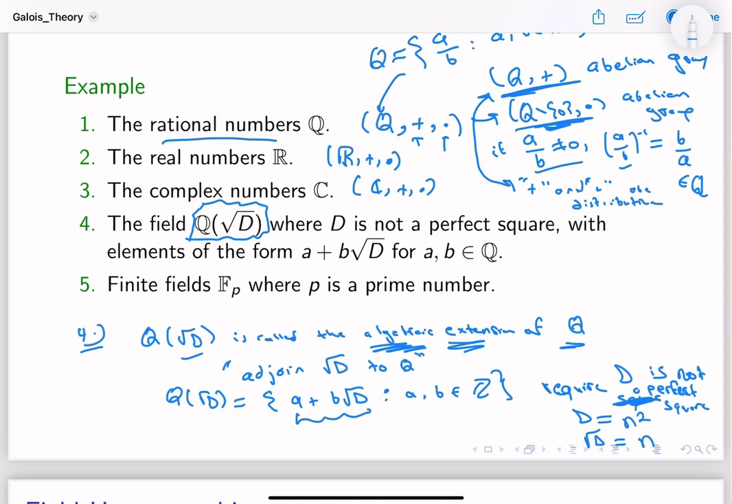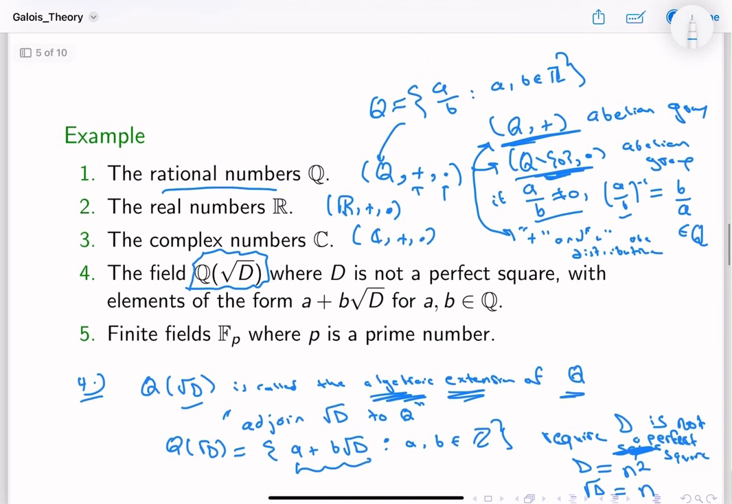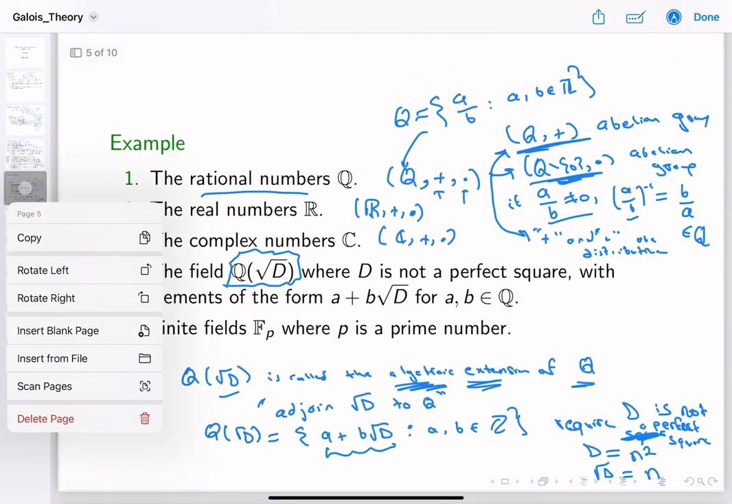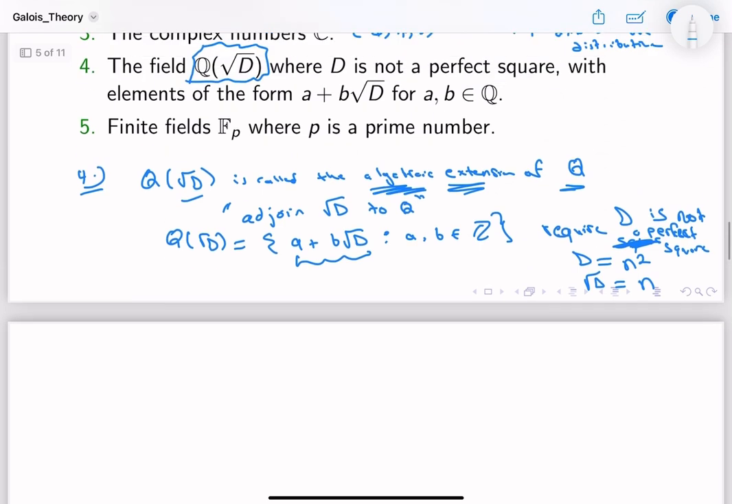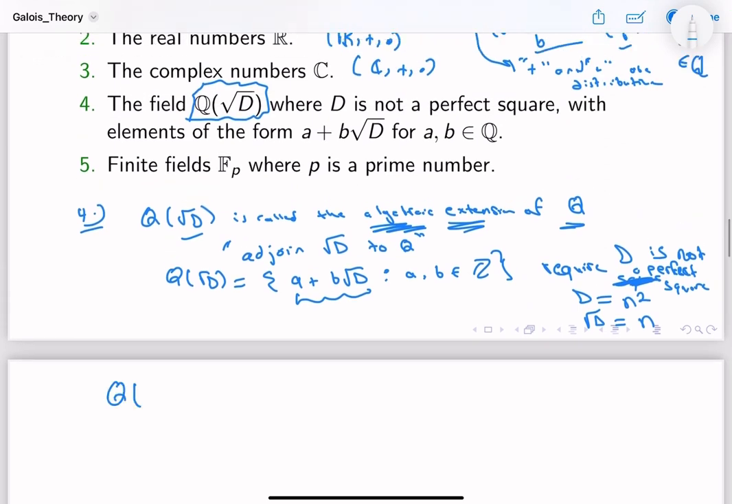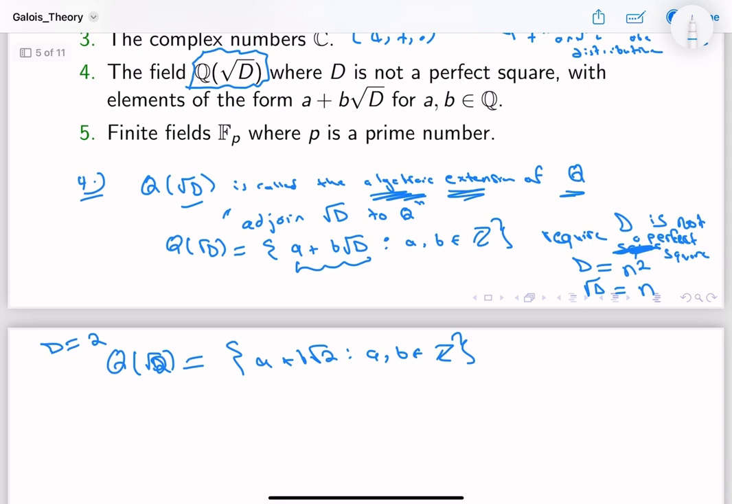However, let me give you an example of such a field before we prove that it is actually a field. So let us see here, Q adjoined square root of d. Let's take d to be 2, for example. Square root of 2. 2 is not a perfect square, so we can take this. So if we look at this for a, b integers, let's see why this is a field and what we're really doing. So what we're really doing here is that